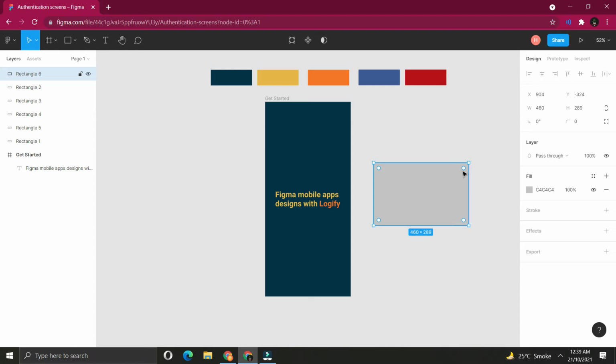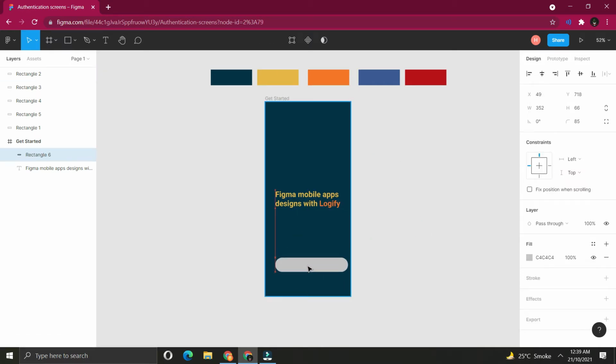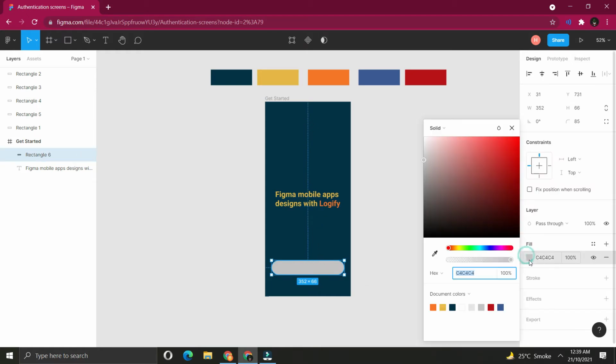Once I am done, I will take the rectangle and create a button out of it by adjusting the anchor point. When I adjust the anchor point, once it's finished, I will take it down and adjust according to my requirement. Once I am done, I need to make it a gradient color, so I will go linear gradient.